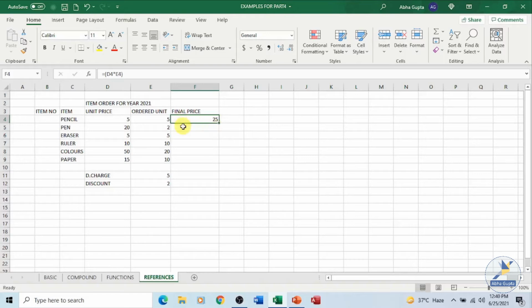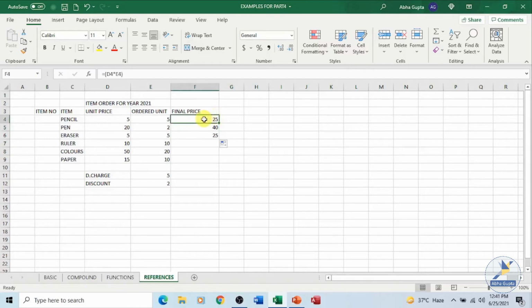You can copy and paste the formula, or we have already discussed that we can make use of the fill handle. Let's use the fill handle to copy the formula. Place the pointer, click and drag. You got the answers 40 and 25. The formula has been copied.